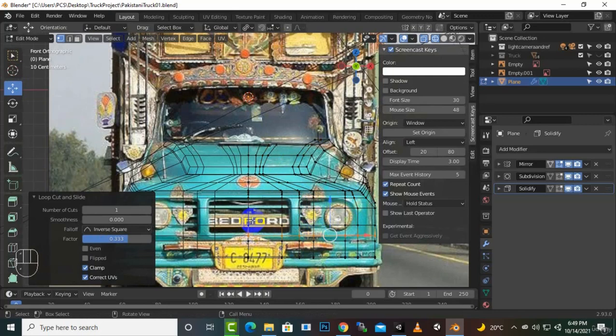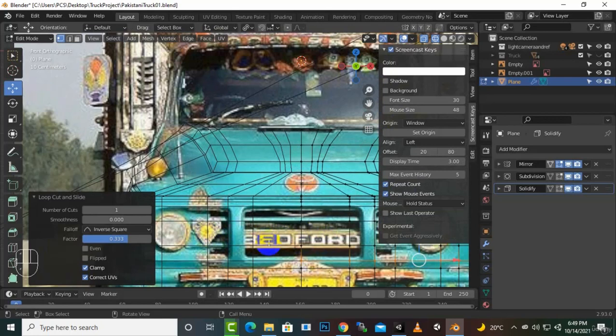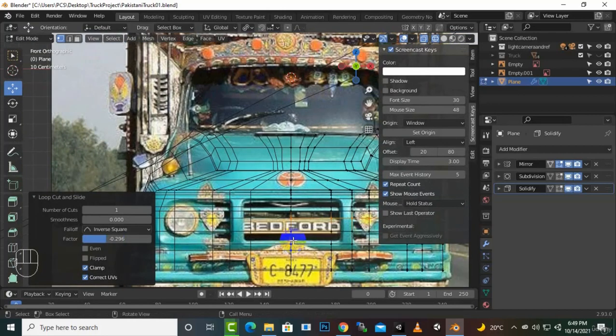Okay, and now you can see this type of shape in the middle, and we can do this thing, I think. So let's make it, no problem. We can just create a loop here and move it here, and then we will create a loop here as well. So for this light, okay, and as you can see the corner of the light is here. We should add a corner for this light,